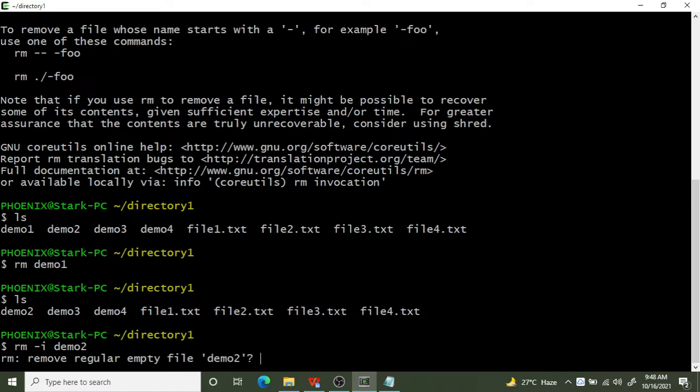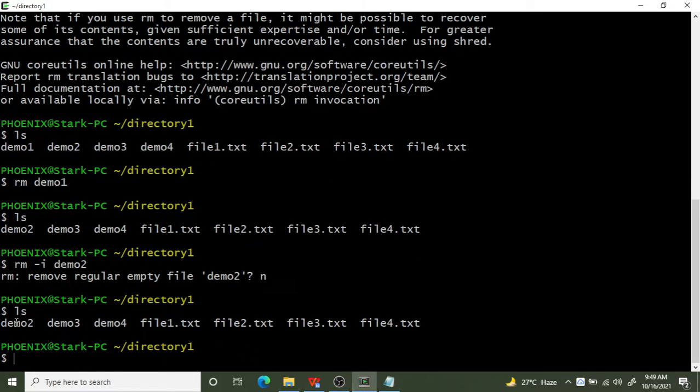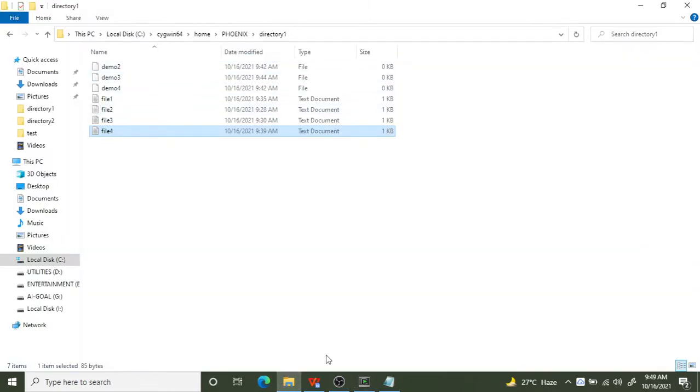So it is asking the user whether you want to delete this file, and it says it is an empty file. If I say n and hit enter, it's not going to delete demo2. If you see ls, demo2 should be there, right? It's still present there.